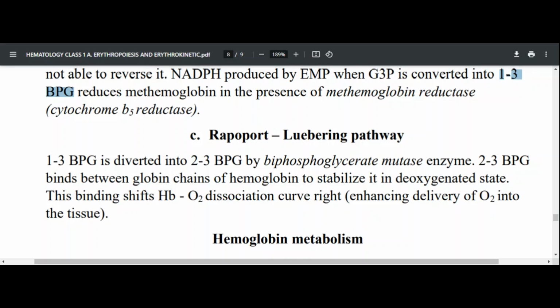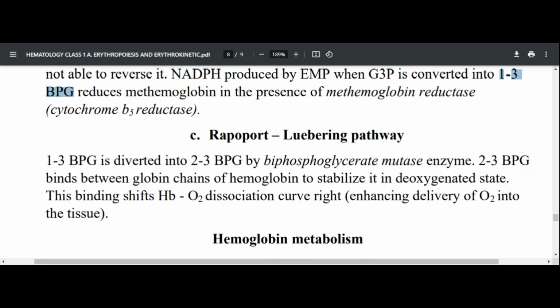So this 1,3-bisphosphoglycerate is still the same as 2,3-bisphosphoglycerate. They're the same, the only difference is the position of phosphate on the molecule. Here it is on position 2 and 3, and previously it was on position number 1 and number 3. So here now, because of this diversion by phosphoglycerate mutase,